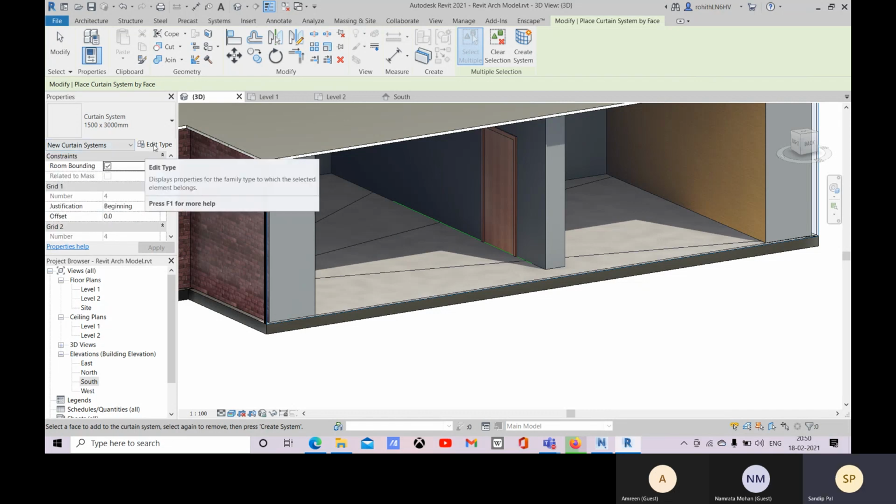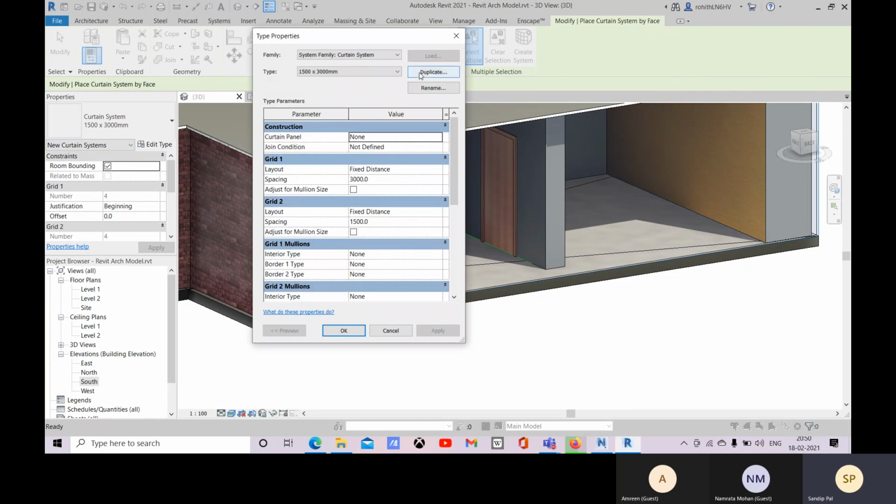If you want to apply changes, you should go with this create a new one. Don't edit the existing one, create a duplicate first, then modify it. It is the best practice. Never ever change the original ones. So create a duplicate one and then create it.